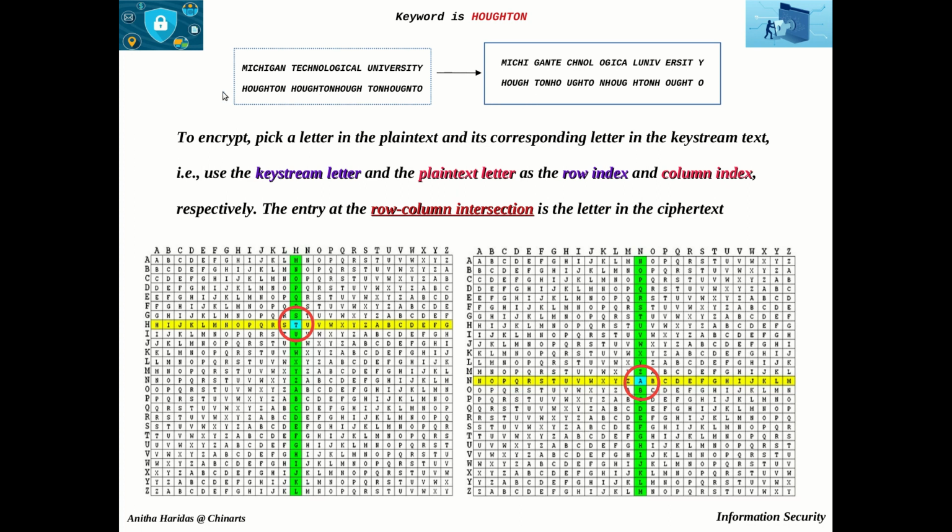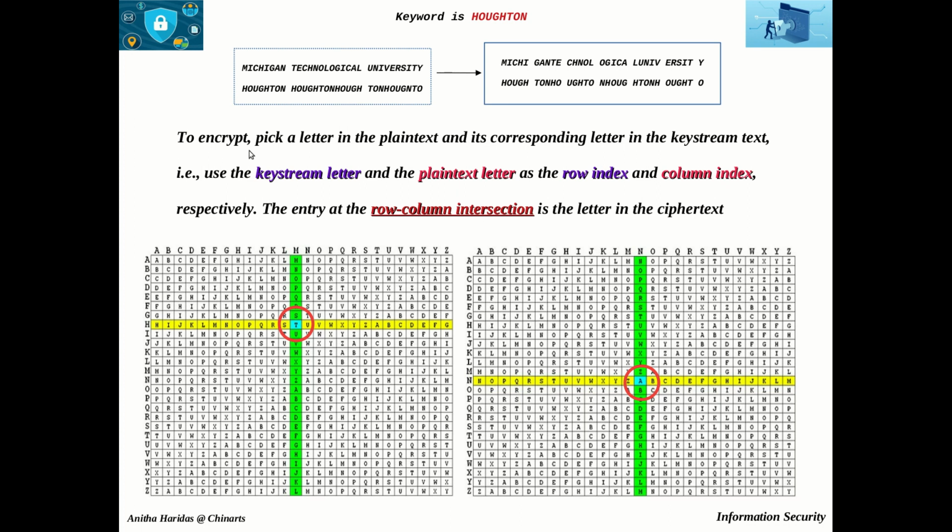Or you can have Houghton itself as the keyword. Divide the given plain text based on Houghton. That is also possible. So just for the simplified representation, we are using 5 as the length of the key stream, right? Now forget about it, because we are going to use only the beginner table for encrypting this. So no matter how you are going to divide the blocks.